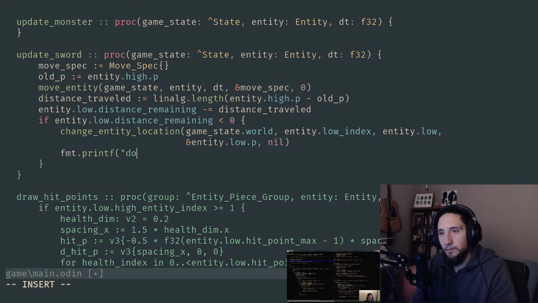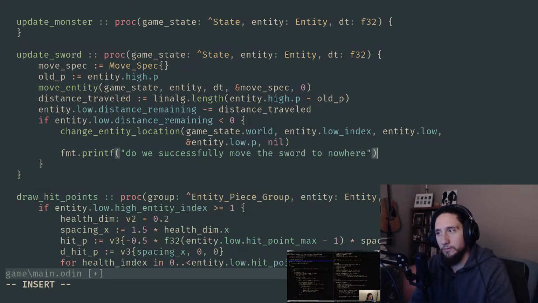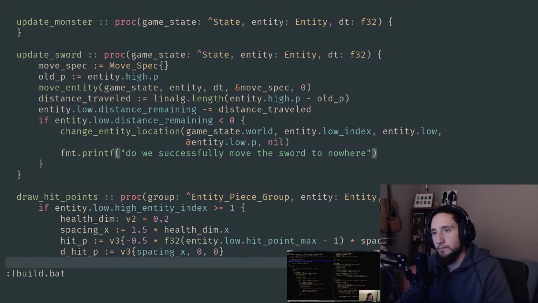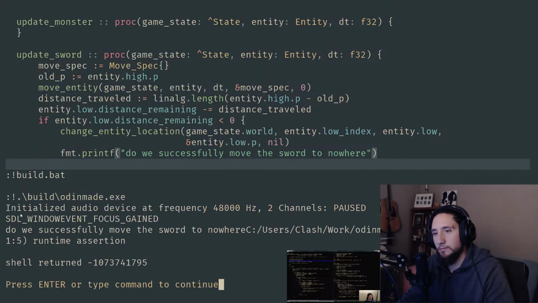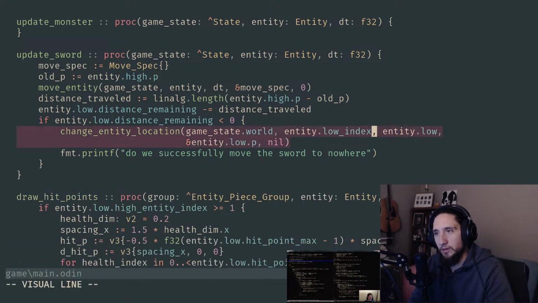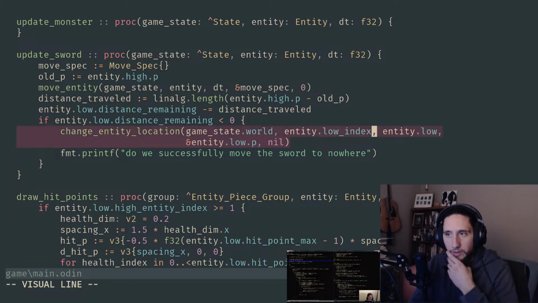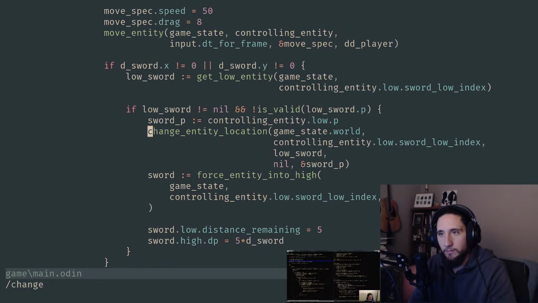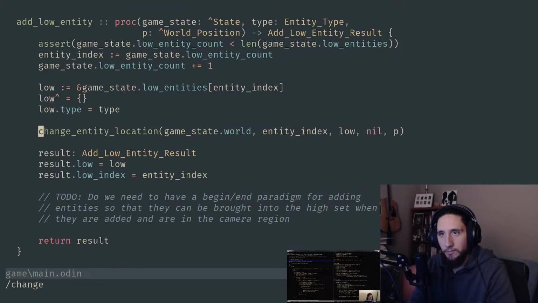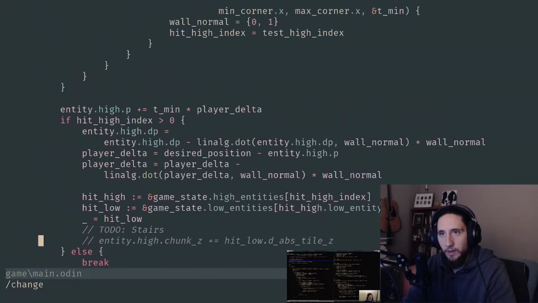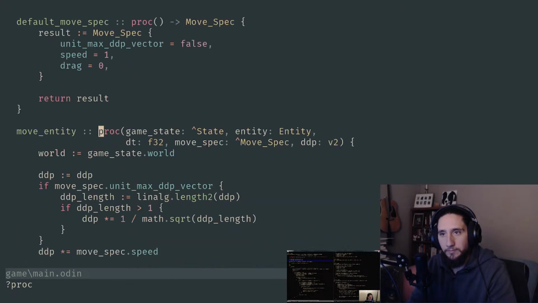Do we successfully move the sword to nowhere? It looks like we do, and this is failing, or we're hitting that assertion in a different place, inside of this call, but it's somewhere else where this call is happening, which I guess could be here, could be, what is this? That is in the move entity call. So yeah,